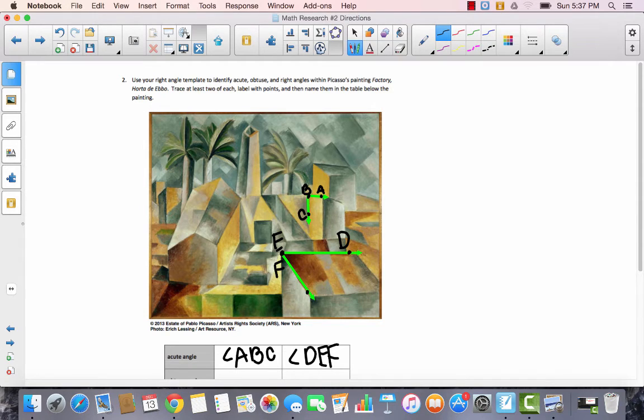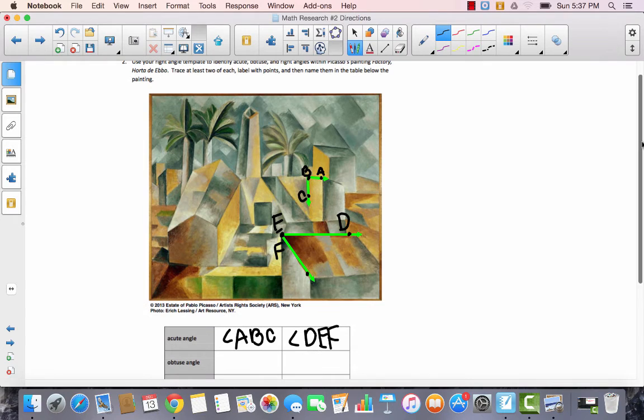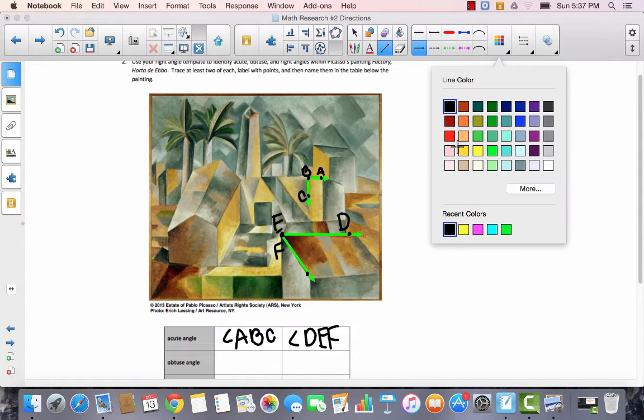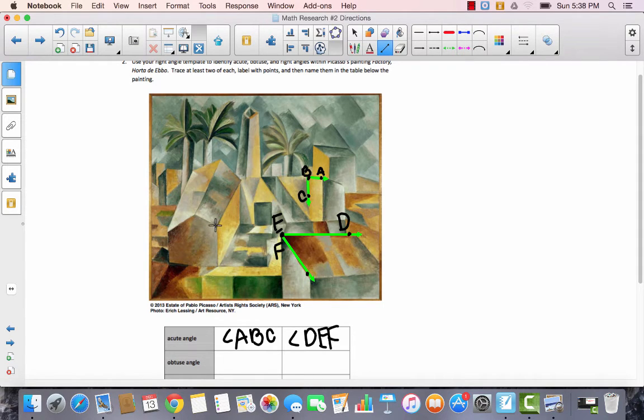All right, so now I'm going to go back and I'm going to look for some obtuse angles. So I'm going to go back to my line setting, and I'm going to put some rays in here. I'm going to use a different color for these. Maybe I'll do pink. All right, so I'm looking for angles that are greater than a right angle. So I'm looking at this angle. So if this were the vertex started here,